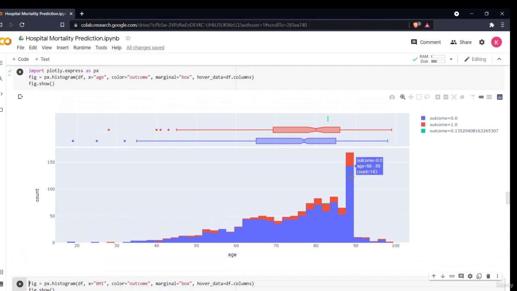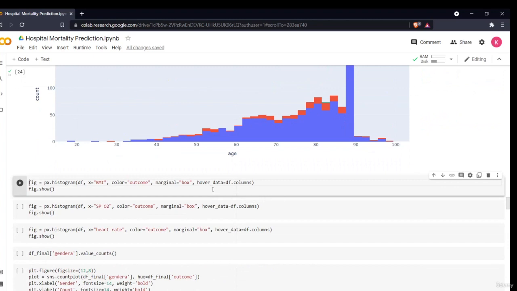It is telling me that the age of 88 to 89 has the highest number of patients, and the death count is also highest, 25. The rest of the counts are 12, 11, 14, 12. Obviously the higher age group will have the highest count, and the maximum population is between the age group of 80 to 90, and in that the highest death count is around this one.